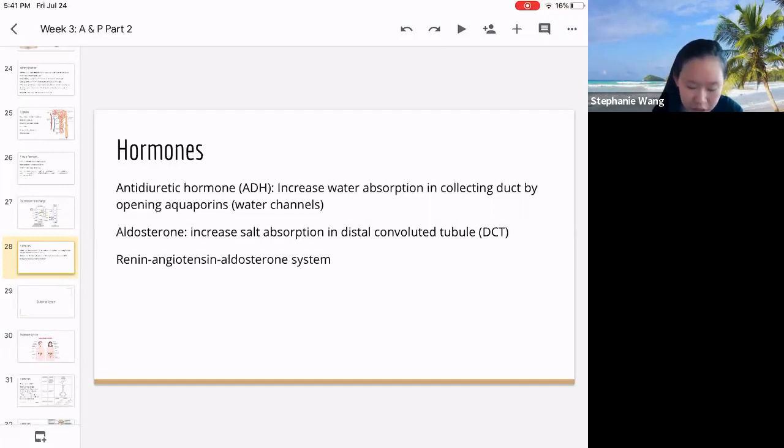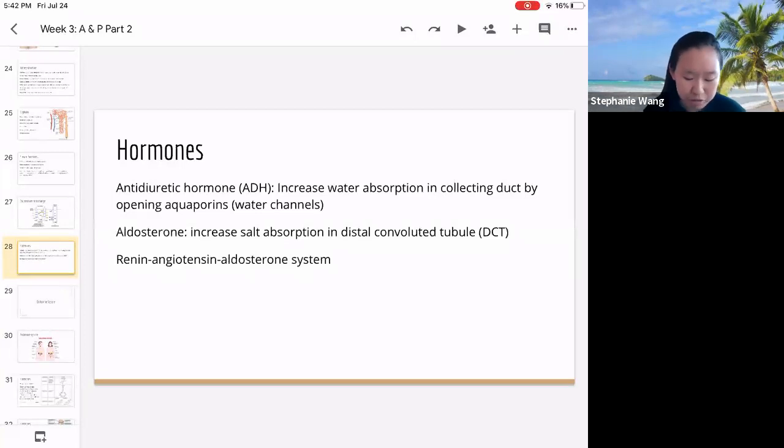Okay, next we'll talk about aldosterone. This is when there may be too much water, or the concentration of salt in the body is not enough. This is when aldosterone is secreted, and in the distal convoluted tubule, more salt than normal will be reabsorbed back into the body, and less salt will appear in the urine. So notice how these occur when your body is at a certain abnormal stage, and these hormones exist to bring your body back into homeostasis. So that's the reason for antidiuretic hormone and aldosterone.